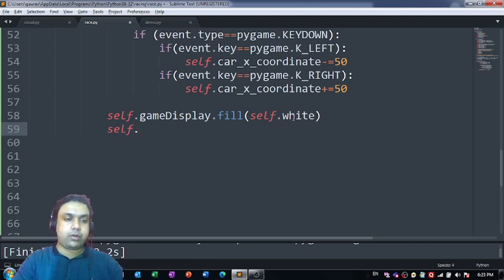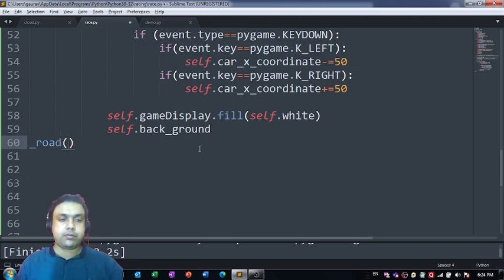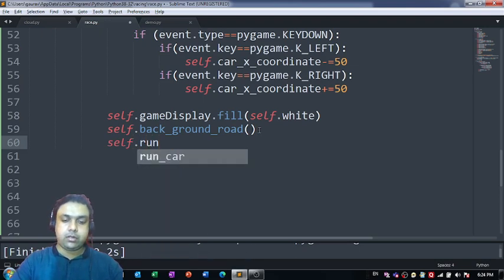Then we can use this self.back_round function. Okay, just a second, I'll have to get rid of this. Then it's time for us to define the self.run